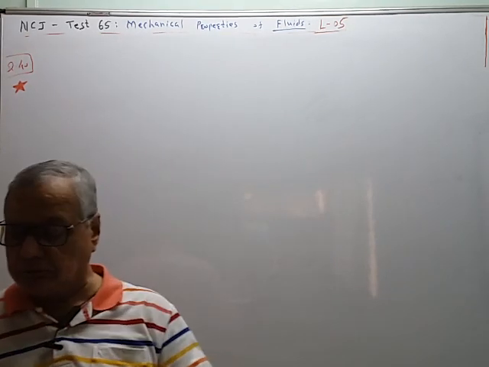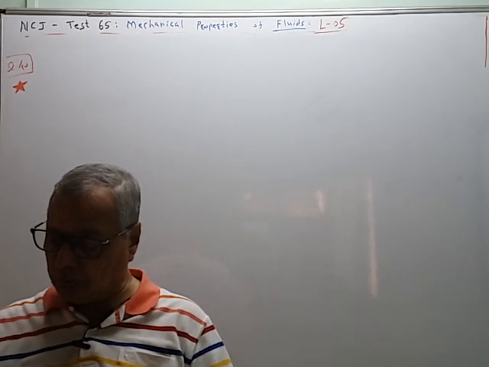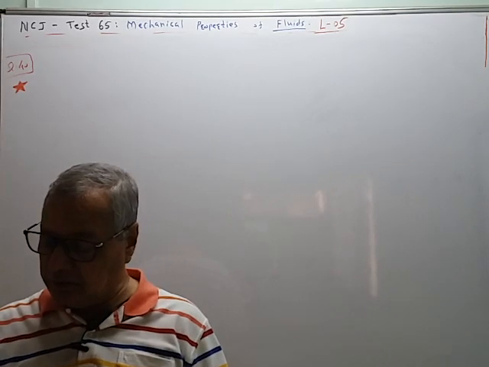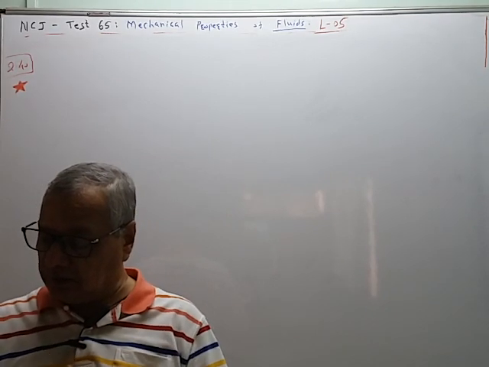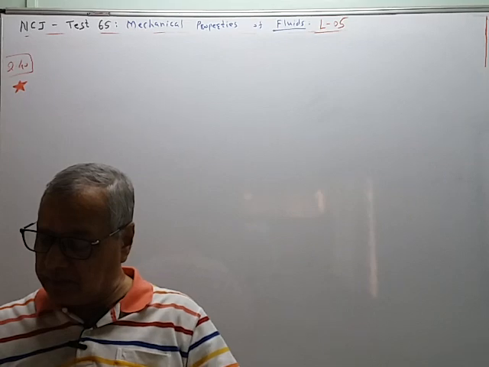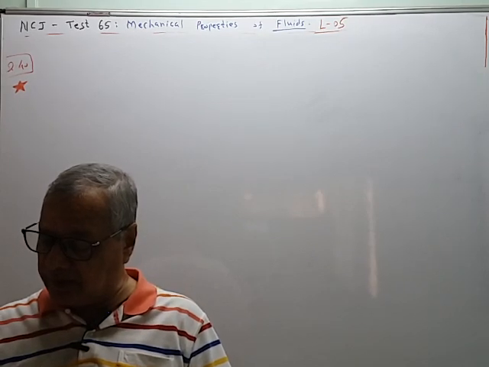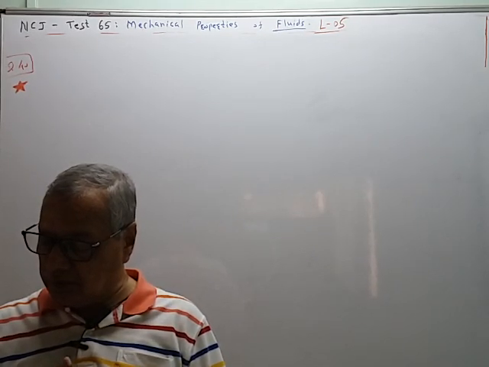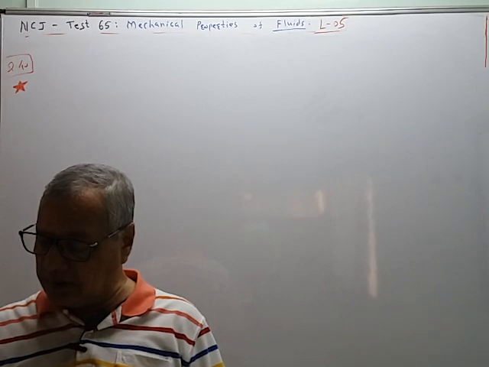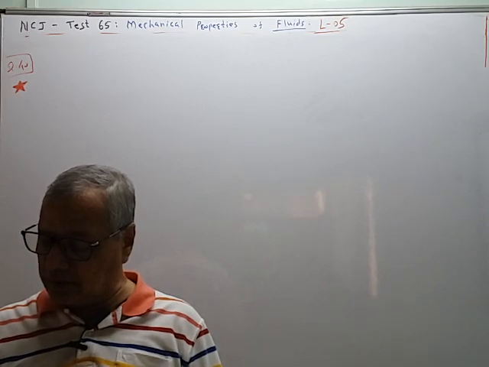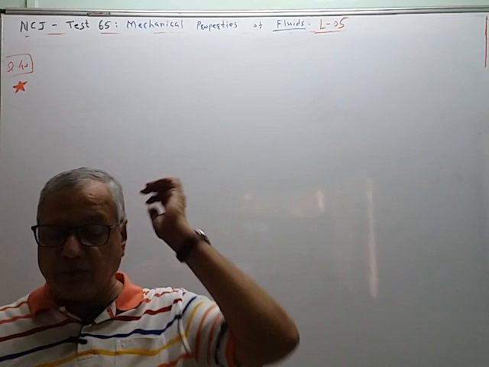Last question, 40. The heat evolved for the rise of water when one end of the capillary tube of radius r is immersed vertically into the water is, assume the surface tension is equal to capital T and density of the water is equal to rho. A theoretical problem आपल्याला विचारलेला आहे.